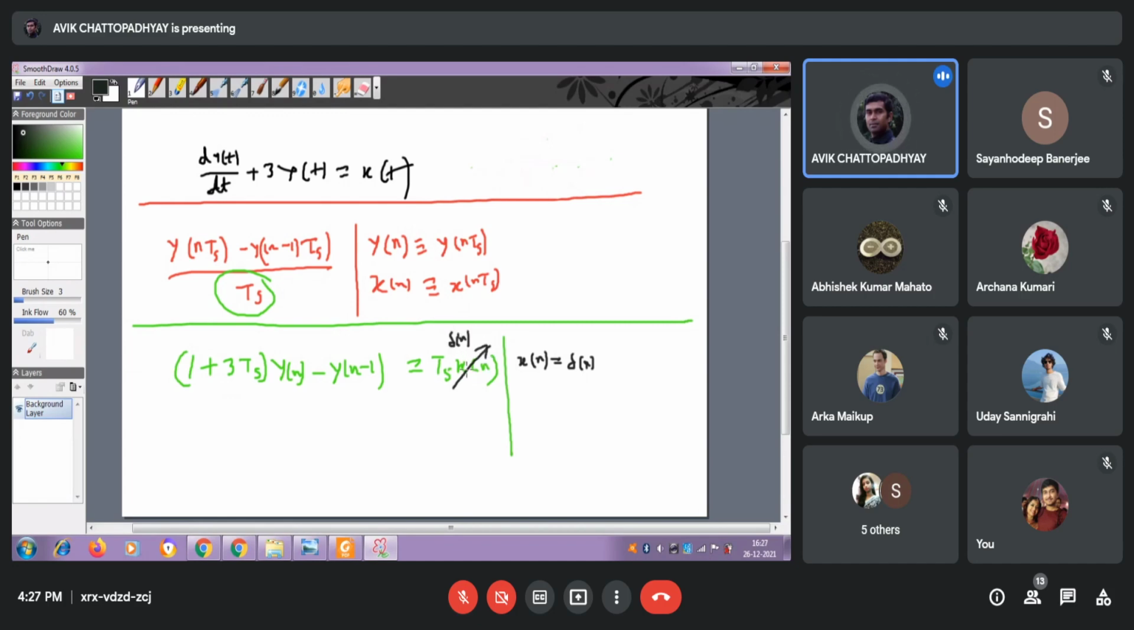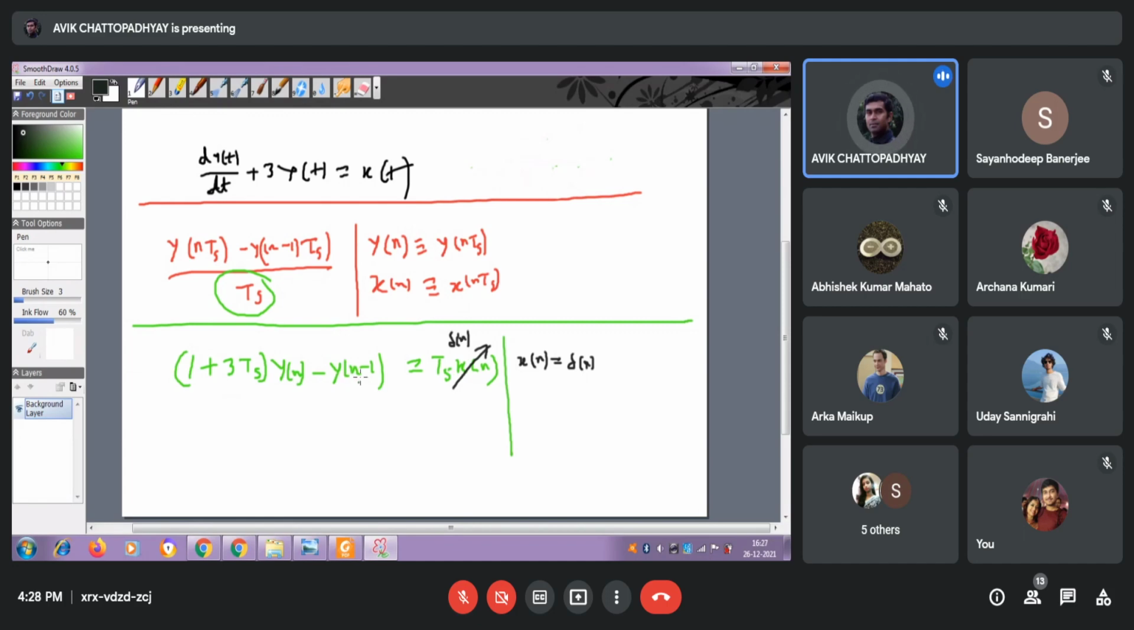So if you replace this, now just look at here, where del n actually exists. Del n exists for n equals to 0. Now if you put n equals to 0 at this side, here it will be y of -1. If you put n equals to 0 here, it is y of 0. Okay, no problem. But the point is, if you put here n equals to 0, then it will be